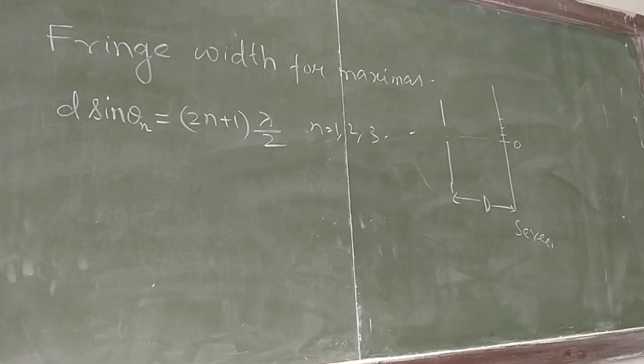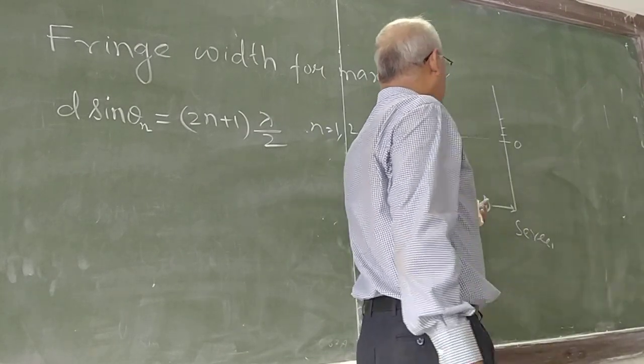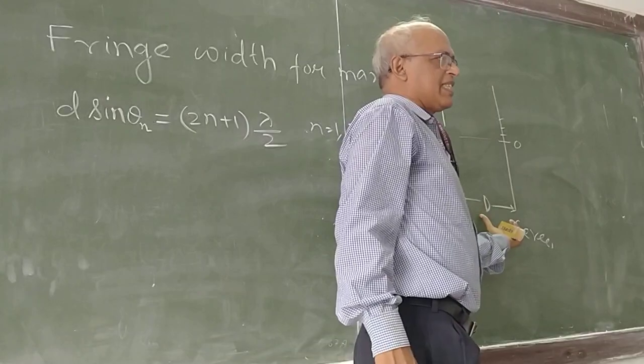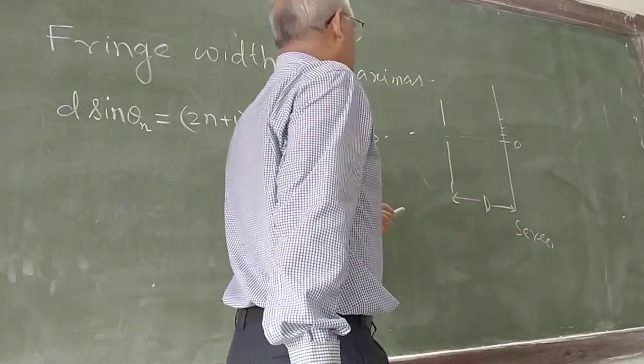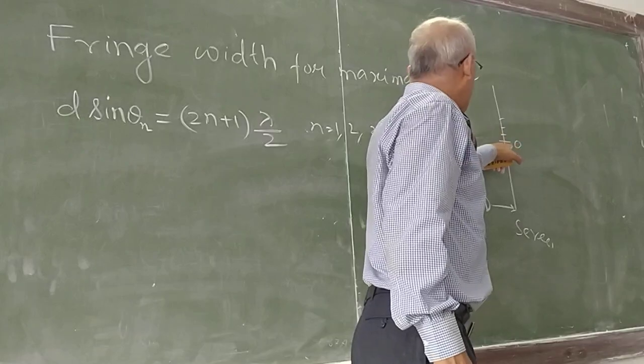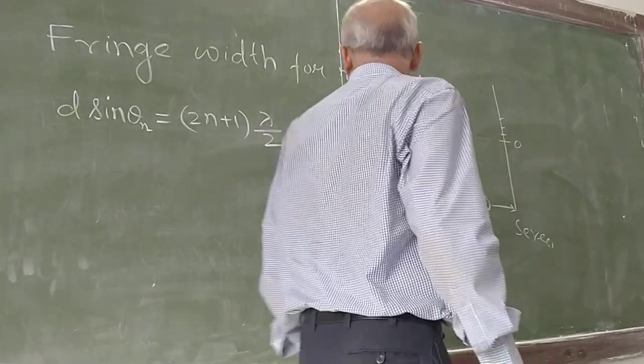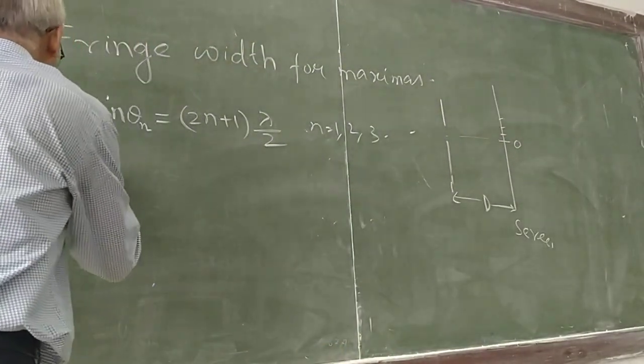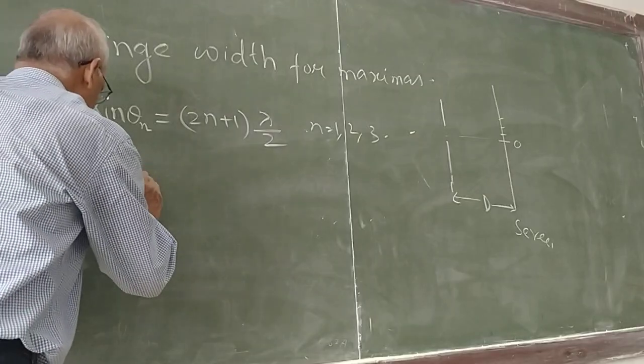Screen distance. So D is the aperture to screen distance. Capital D. In this case, because laser is very small, this theta is very small. In that case, sin theta is equal to theta. If theta n is small,